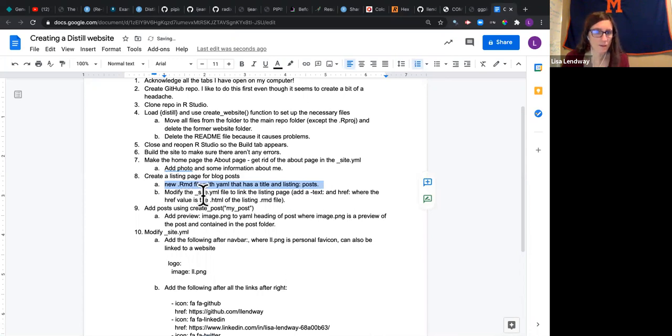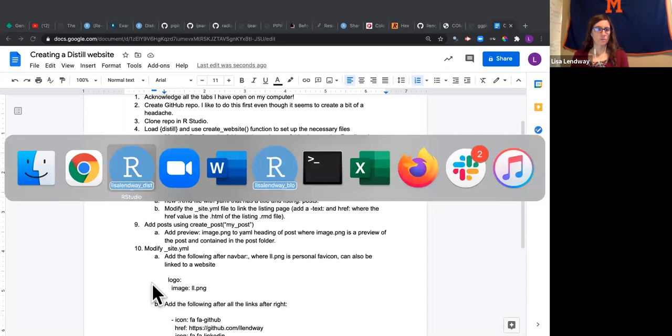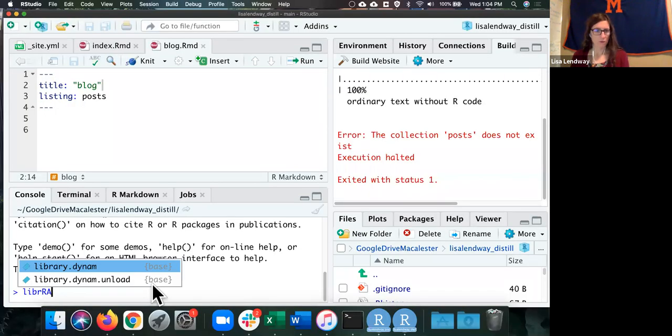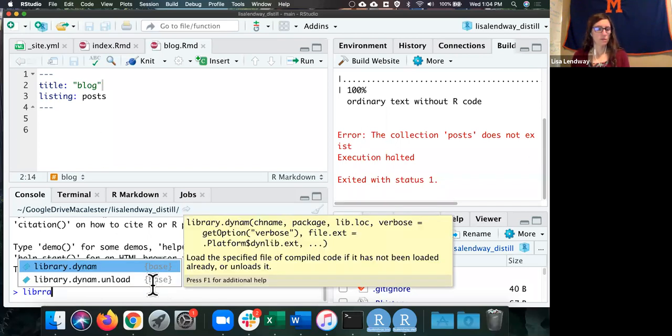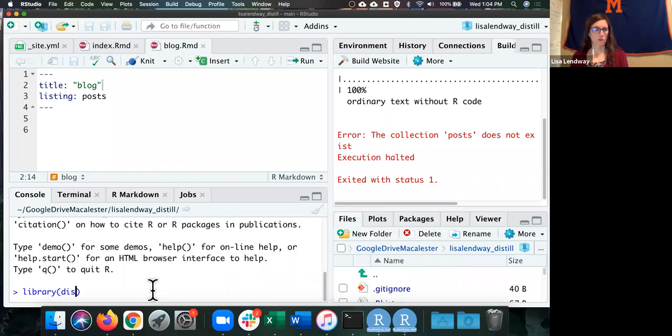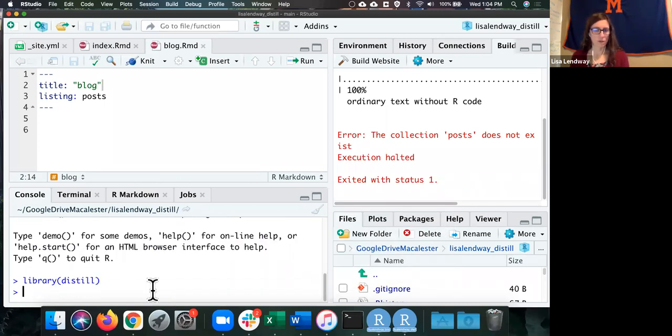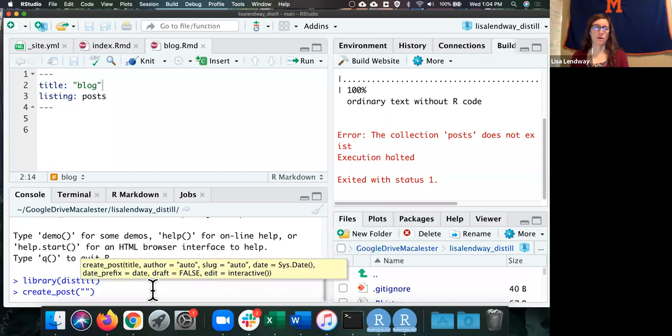I think I need to do this first, the add posts using create post. Okay. So let's jump back to this file. I'm going to create post. Oh, maybe I don't have the, do I not have the, let me just make sure I have distill. Distill. I do start my computer. So create post. And I'm going to call this title building a